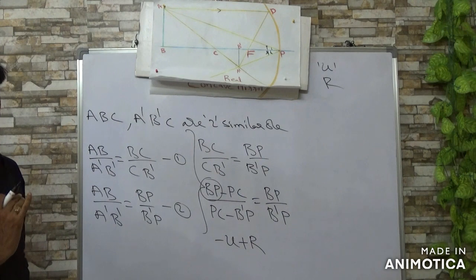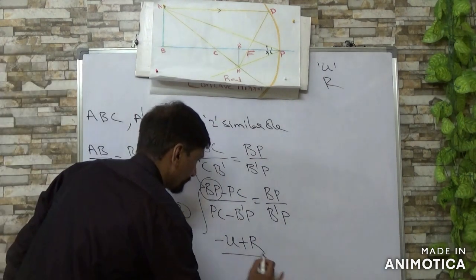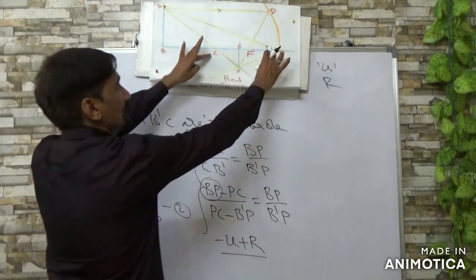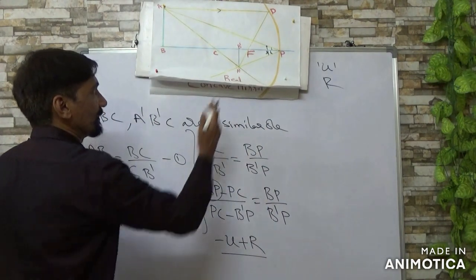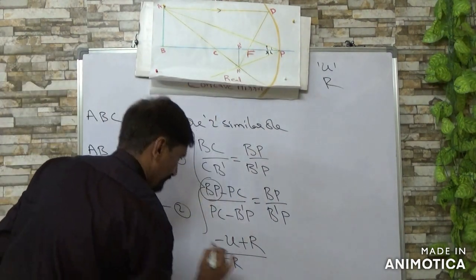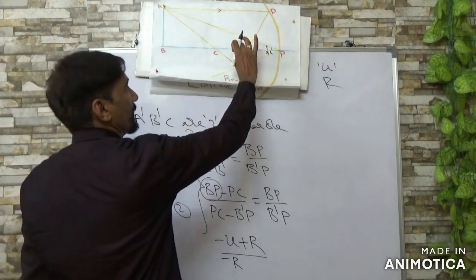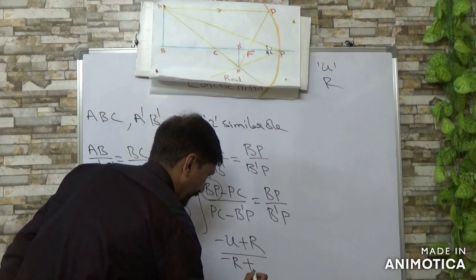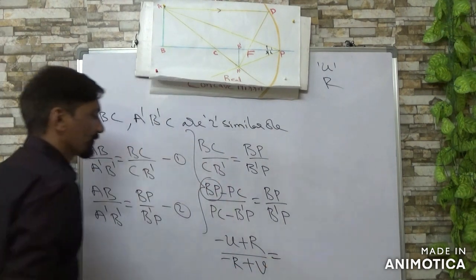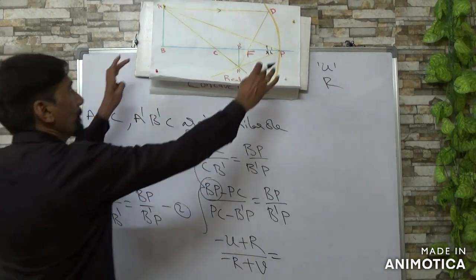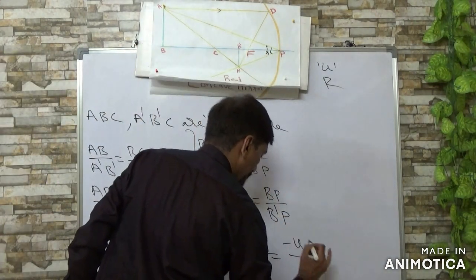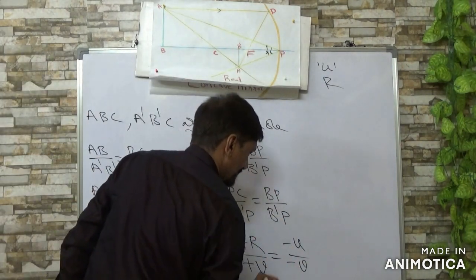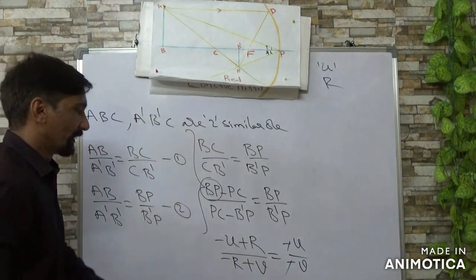So PC is taken as minus R. Next, B dash to P is the image distance, so minus of minus is plus V. So this is equal to BP, minus U, by B dash P, the image distance, so minus V. Cancel the signs, so you get